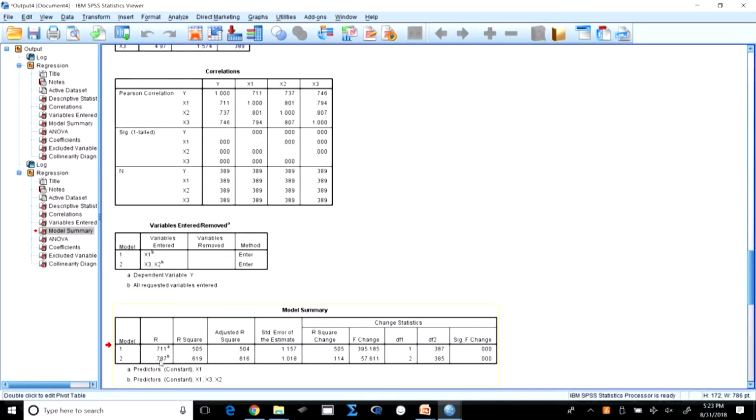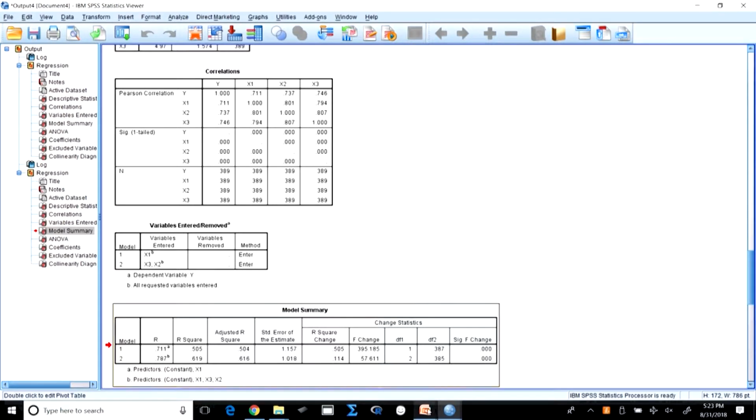Second, when we entered the second block, x2 and x3 together, the new R is 0.787 and R square is now 0.619, and it is also significant. That means both are explaining, and the null hypothesis that there is no effect is being rejected.